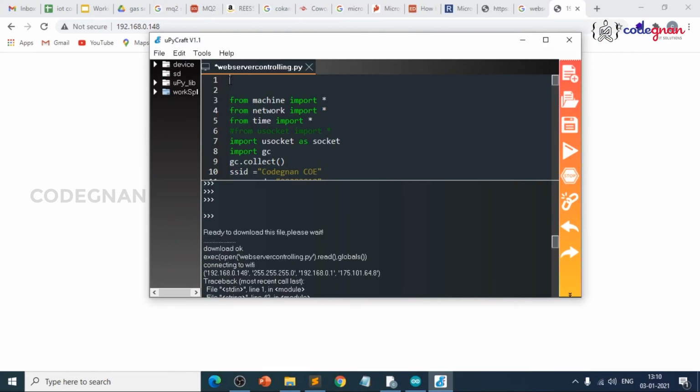So now I will connect my hardware part here. Hash is for commenting here.